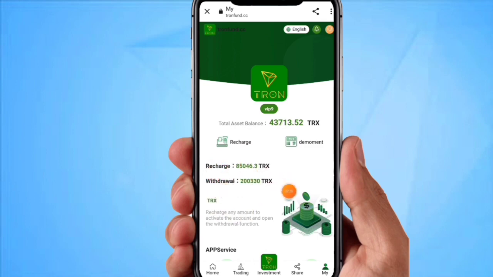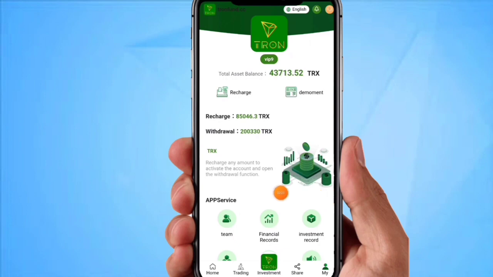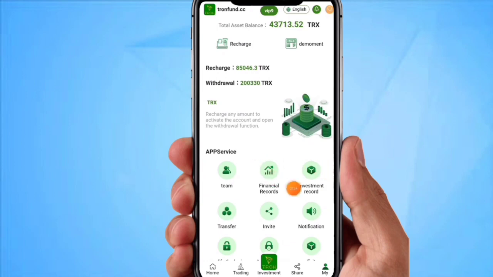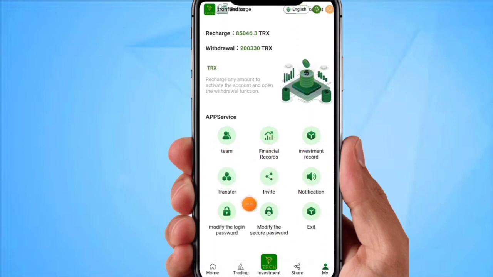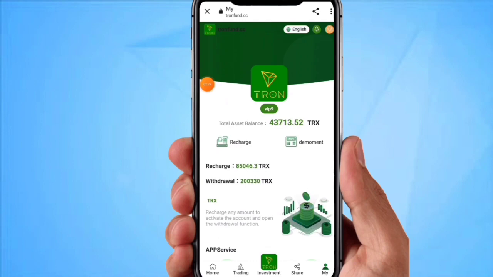Click on the deposit option, then you will need to select your account, transfer to basic account and wallet account. I will recharge a basic account, then click on the TRX option, then you need to copy this address, then click on the paste option, and you need to recharge 30 TRX. How much TRX you want to invest, you can invest here. This is a long term project, so I will invest only 30 TRX here, and I will show you how to complete your task and how to withdraw money.